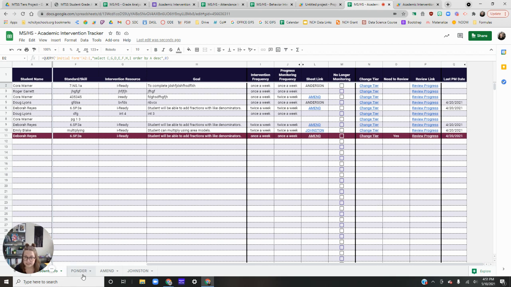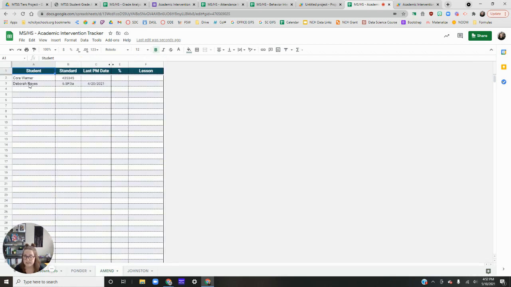And so then it's going to go ahead and add the students that need to be added to that teacher's tab. That teacher is going to use that tab to progress monitor for that particular student. All they're going to do is once a week or twice a week, depending on the frequency that was chosen on the form, they're going to come in here and say, she had 35%, we did lesson 1.5. Overnight, that's going to pull that data back into kind of like an archived system,